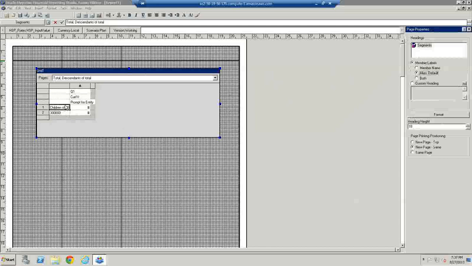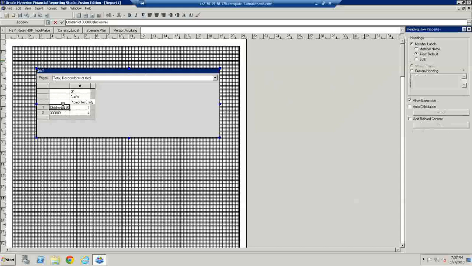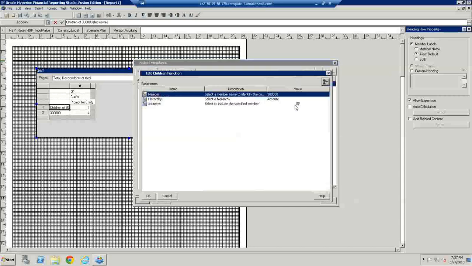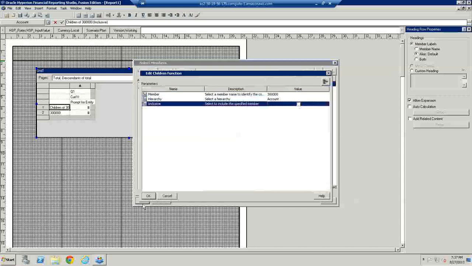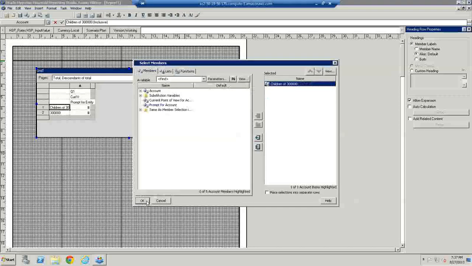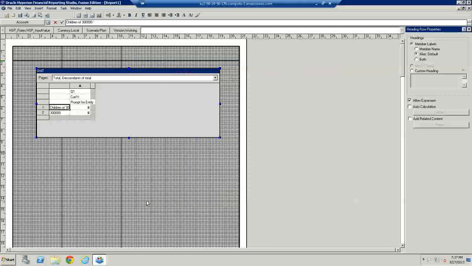Since originally we had our first selection as inclusive to net income, we must go into the member and uncheck inclusive. Click OK, and click OK once again. If we had not done so, net income would populate in the account rows twice. Now, let's highlight net income. To do this, we'll select net income,